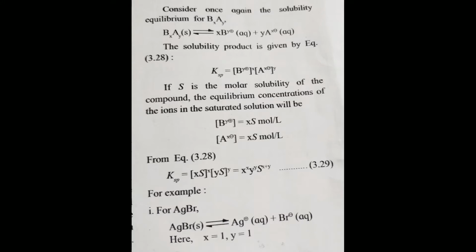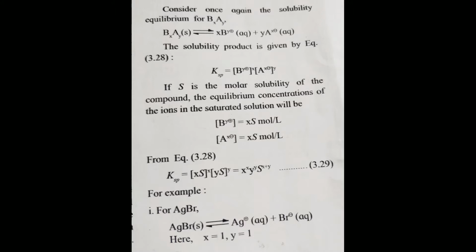The solubility product is given by the equation Ksp is equal to concentration of B^y+ raised to x into concentration of A^x- raised to y. If S is the molar solubility of the compound, the equilibrium concentration of the ions in the saturated solution will be given by